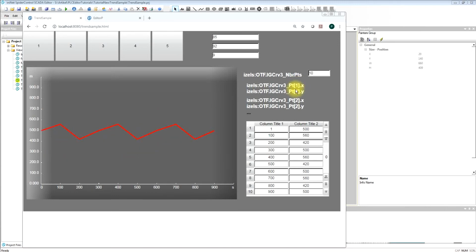So we have a consecutive index from 1 to 10 with the two member variables X and Y showing the position at a certain point. So the presented data is visible in this test array. So we have